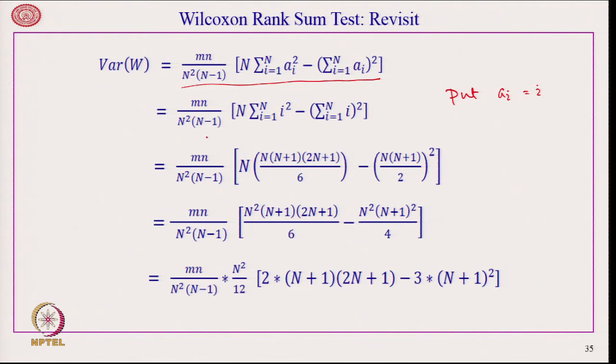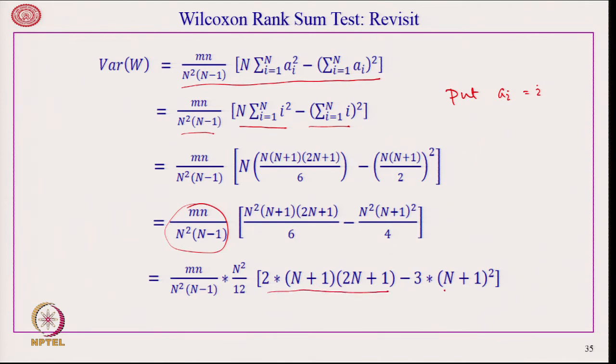Therefore, this boils down to mn upon n square into n minus 1 into n sigma i square minus sigma i whole square. Now, summation over first n natural integer square is equal to n into n plus 1 into 2n plus 1 by 6 minus n into n plus 1 by 2 whole square, multiplied by this quantity. So, let us take out n square upon 12 from this. Therefore, we are left with 2 into n plus 1 into 2n plus 1